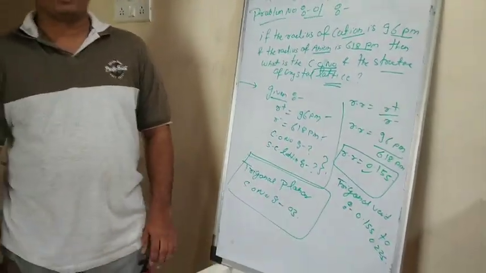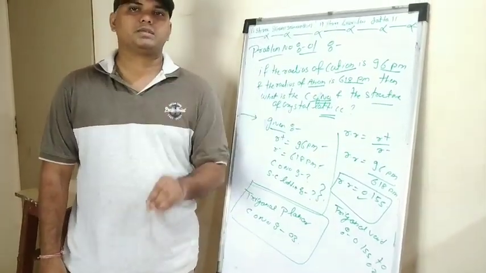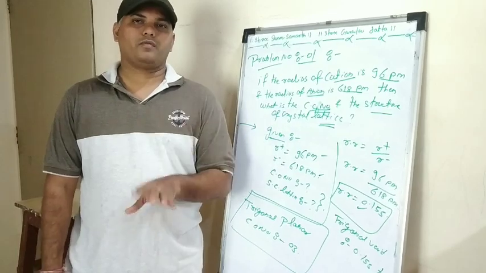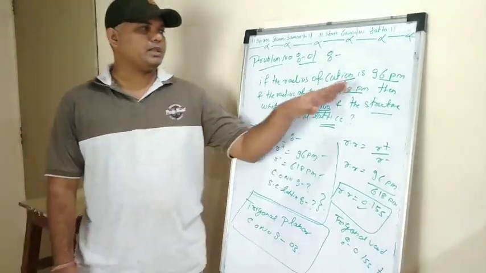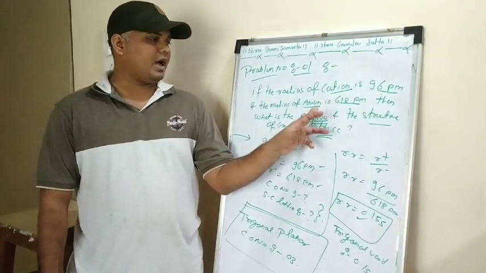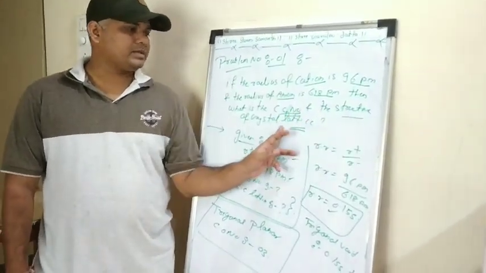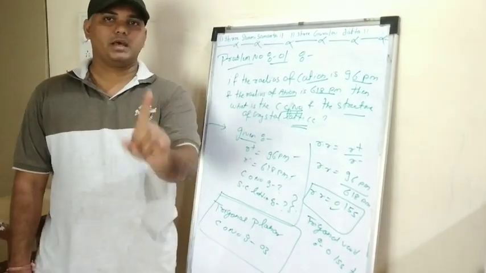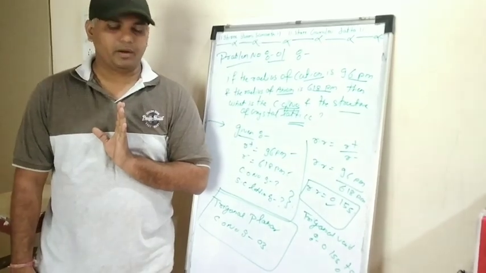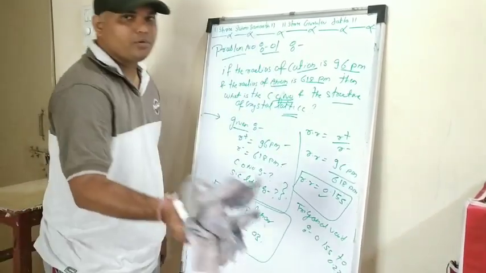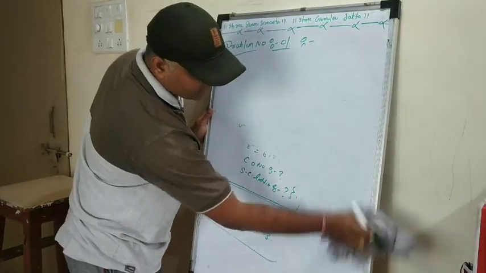See, the problem is very simple. This particular question can be asked for 1 mark or for 2 marks in your board exam, right? The question is very simple. They have given you the cation, they have given you the anion. What you need to calculate is only the coordination number and the structure of the crystal lattice. For this, you should know the table which was given to you in the earlier period, right? So if you have not seen the table, you can revise it and see it once again. Okay. Now let's move further.